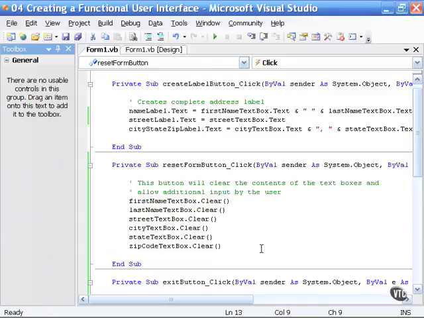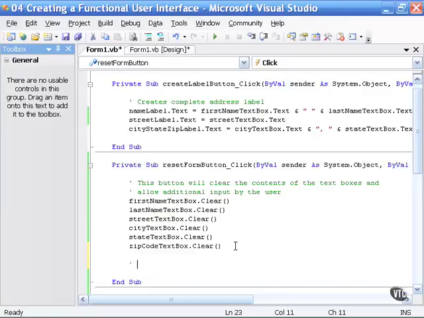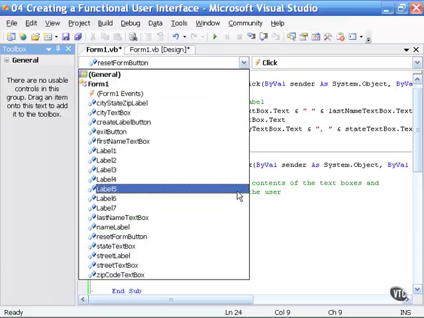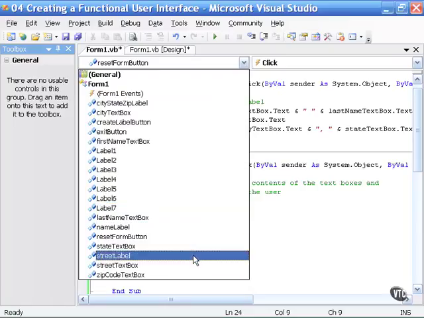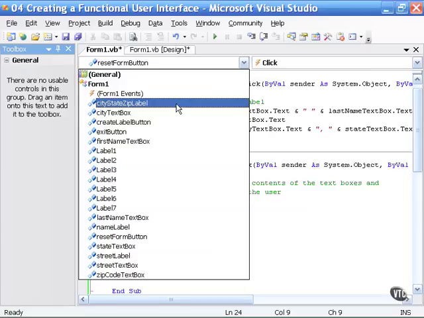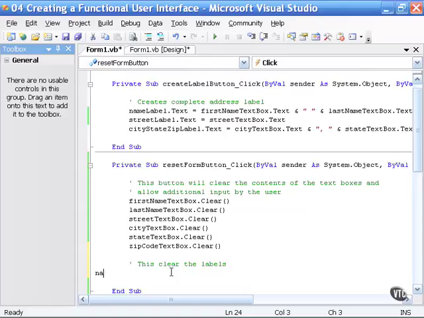Returning to the form and then double clicking on the clear form button, if I drop down below the text box group, since this is a separate routine, I will create a line of a comment that says this clears the labels. Now, the names of the labels are name label, street label, and city state zip label. So using the name label as an example,